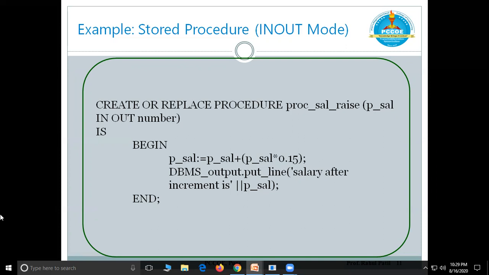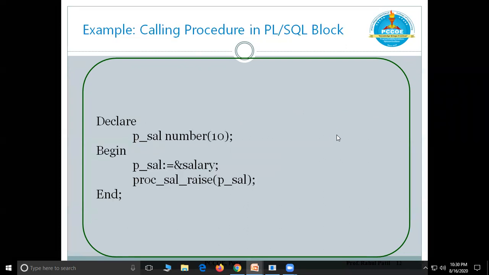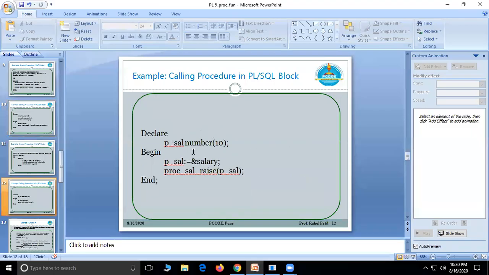So for that purpose, psal plus psal into 0.15 is given, and that will be displayed on the screen. So this procedure is created. We need to give the psal, because it is of in out type. So first we need to give salary input to the procedure. So that can be given using this PLSQL block.